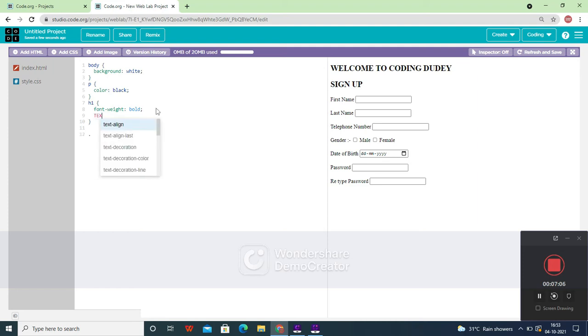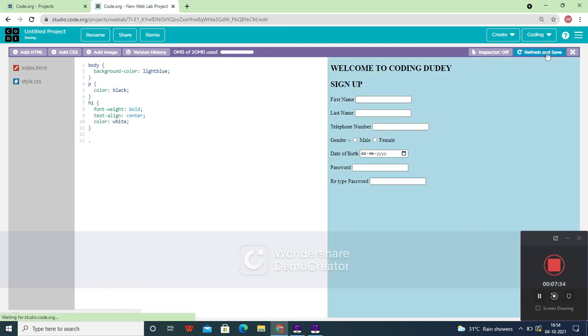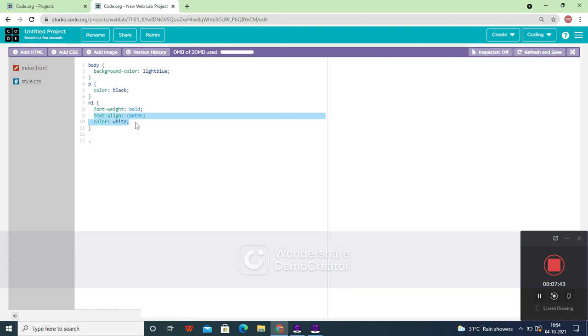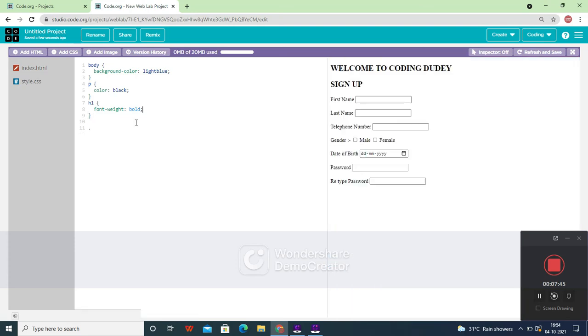Let's give text align center, and let's change the background color. Whichever is the color you want, you can directly use it. I'll be using this light blue. Okay, now I'll be giving my text color of the headings to be white. Got it? So now let's just refresh and see, and you can see that okay, we just gave it for H1, right? Which means you have to just give it for H2, and by default you gave it for H1.